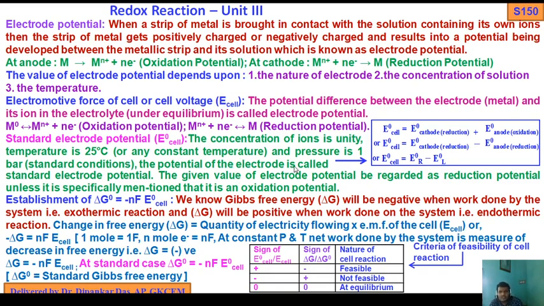The potential of the electrode is then called the standard electrode potential. The given value of electrode potential is regarded as reduction potential